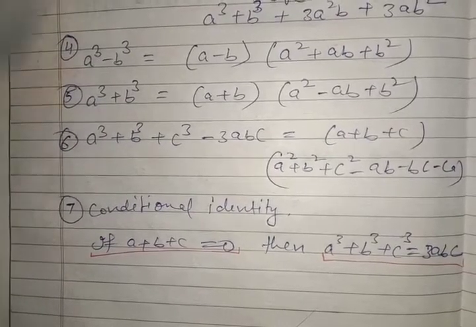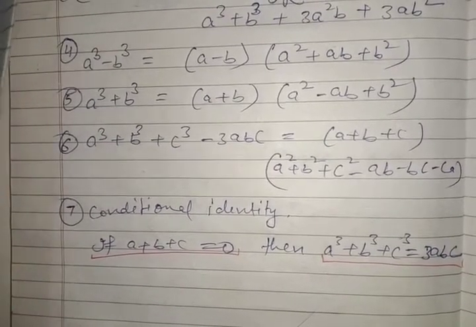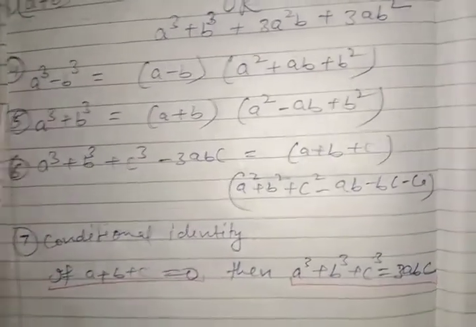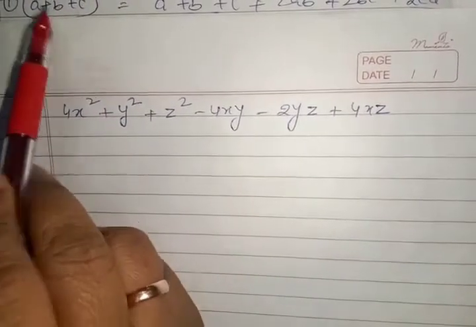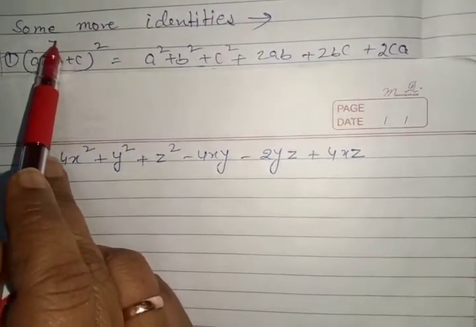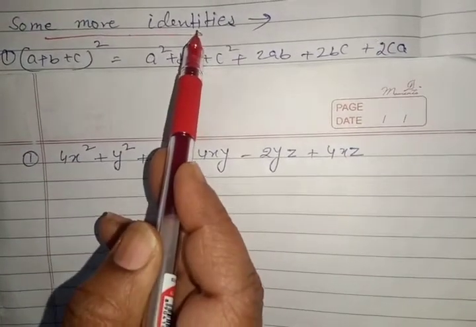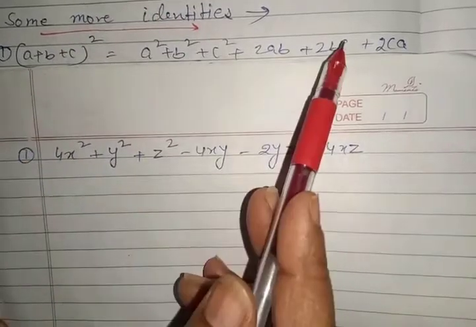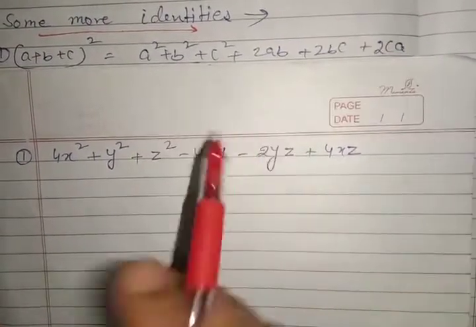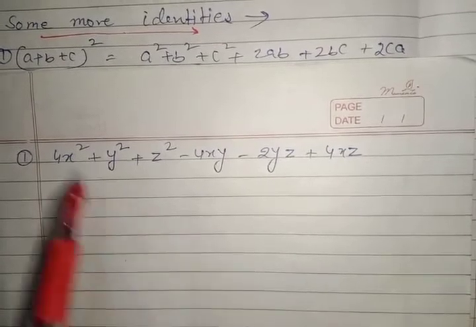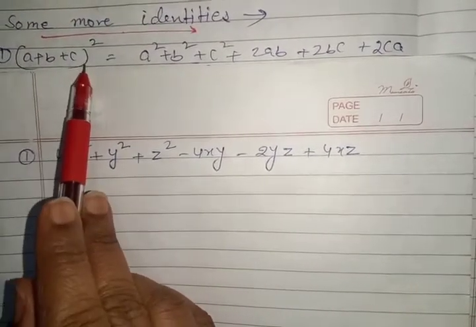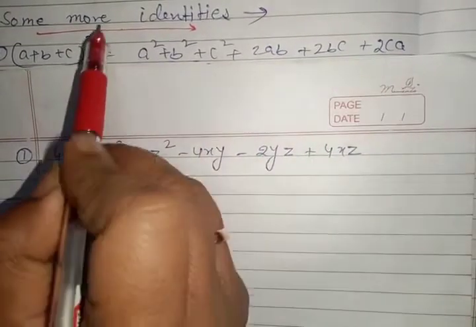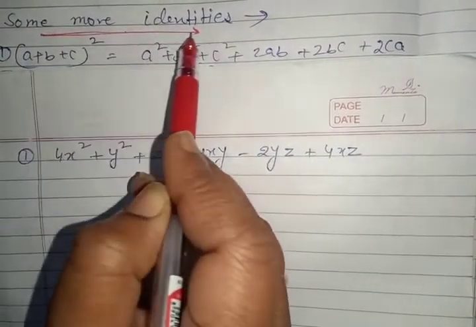So first of all, I am taking some questions for your help. These questions I have written earlier. One thing that I want to tell you: if the word expansion is there, expansion means go from left to right. This will be given to you and you need to expand. The meaning of expand, all of you know, is to spread out, a bigger answer. So if expand is there, then you will open this identity and go from left to right.